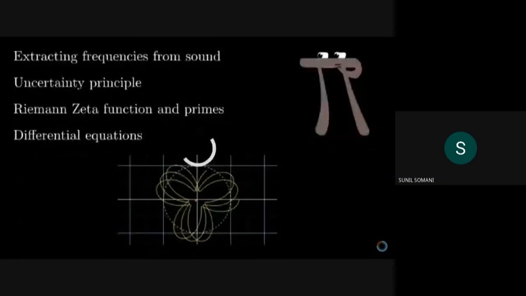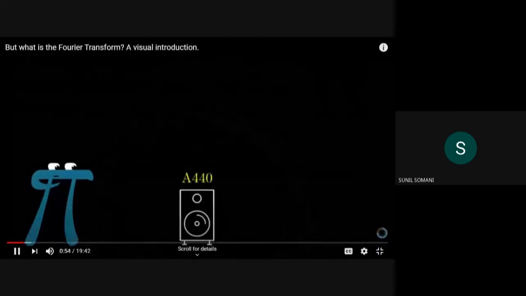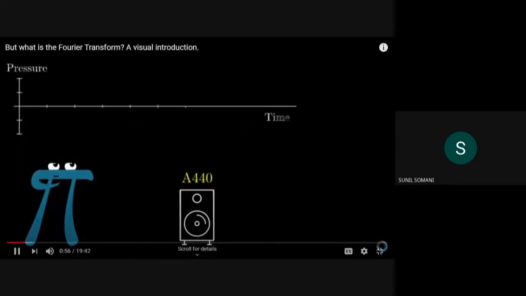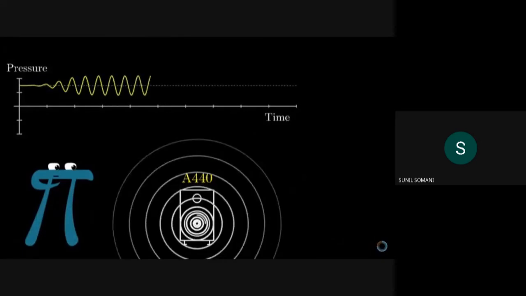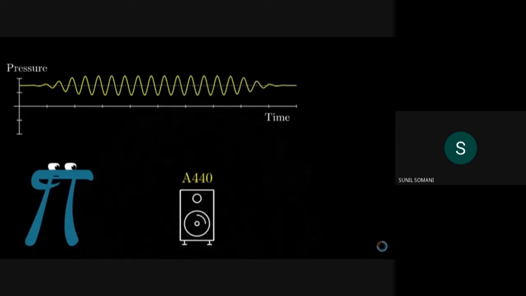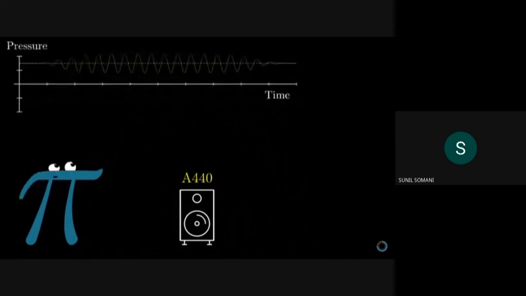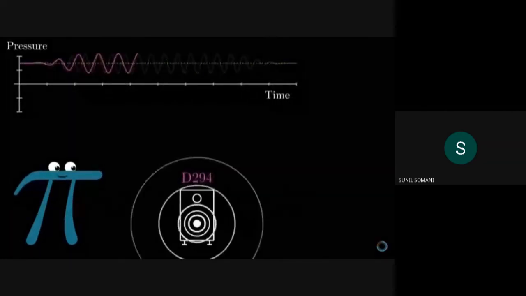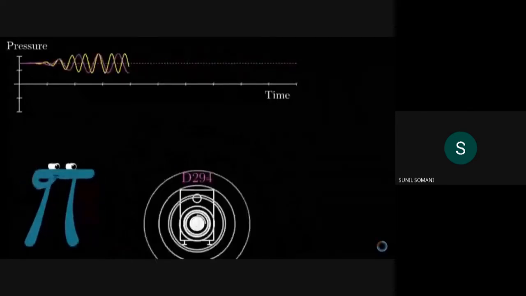Let's dive in. This sound right here is a pure A, 440 beats per second, meaning if you were to measure the air pressure right next to your headphones or your speaker as a function of time, it would oscillate up and down around its usual equilibrium in this wave, making 440 oscillations each second. A lower pitch note, like a D, has the same structure, just fewer beats per second. And when both of them are played at once, what do you think the resulting pressure versus time graph looks like?